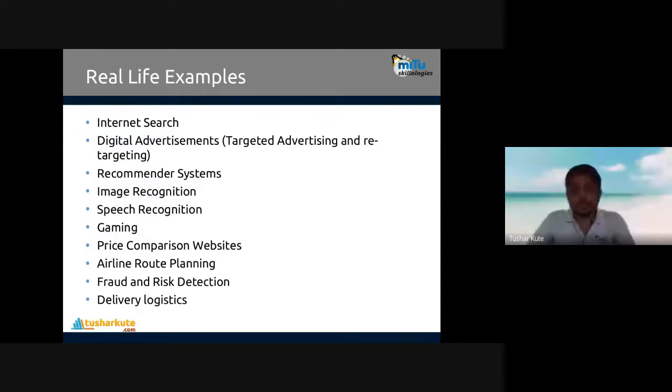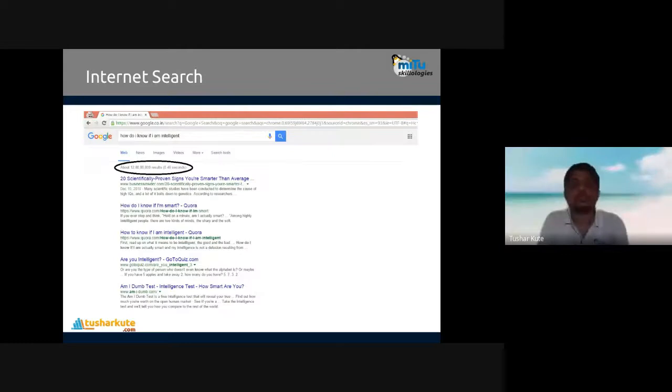Top 10 applications I mentioned here. You can see this. I have searched something on the Google search engine here. How do I know if I'm intelligent? And I got some results, maybe more than 1 crore results within 0.46 seconds. They're extracted and shown over here. So is it really performing this operation very fast, or is there any other algorithm present? It's a part of data science application design. Remember, this algorithm can be used easily by you, but we are unaware of it. We just see the effectiveness of that algorithm, but how exactly it is done,